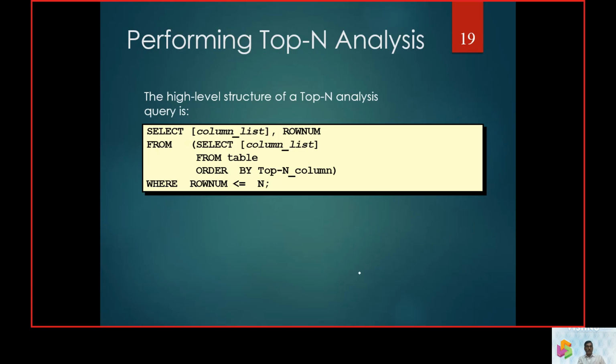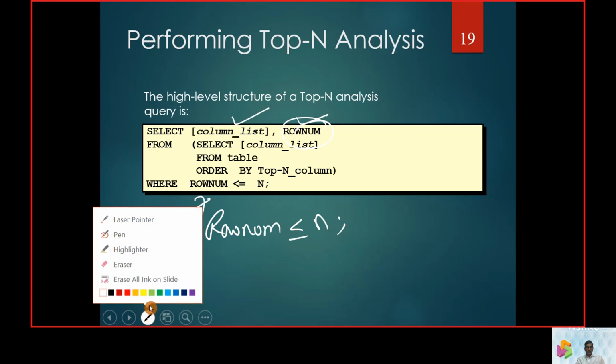The syntax here is ROWNUM less than or equal to N. At this point you can understand the importance of top N. We have the select list with some columns with a row number, and then we take it from the query that we are going to display.